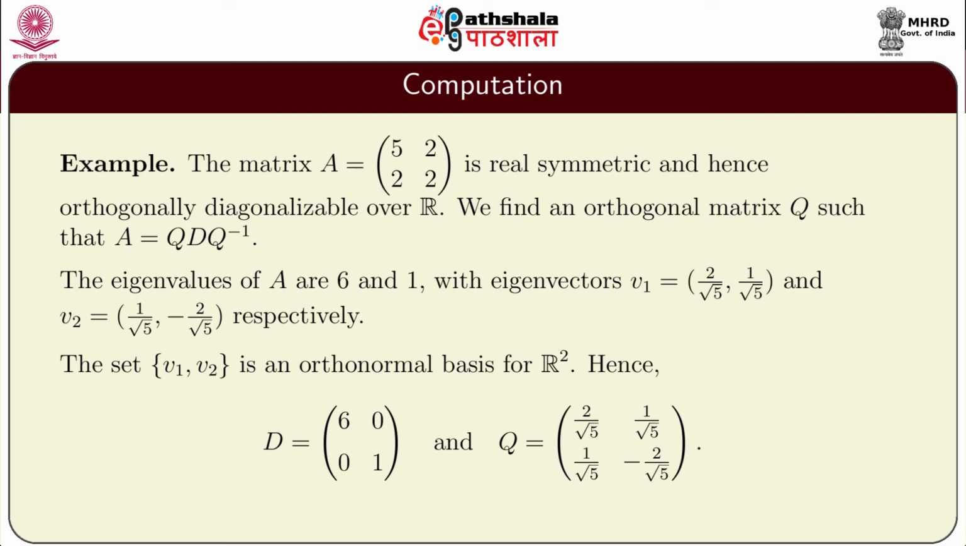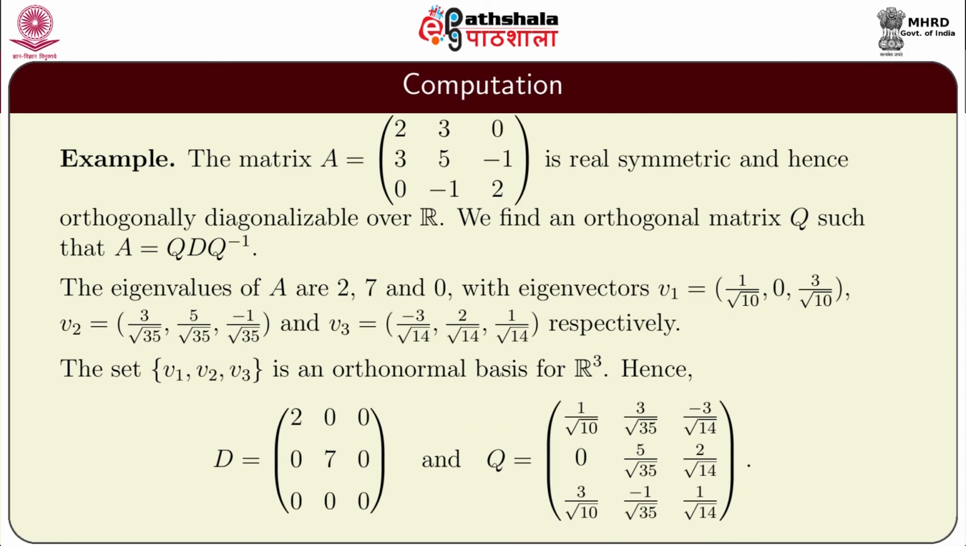the diagonal matrix D is 6 0 0 1. You can see the eigenvalues 6 and 1 appearing on the principal diagonal, and the basis change matrix, which is an orthogonal matrix, is given by Q, that is 2 by root 5, 1 by root 5 in the first row and 1 by root 5, minus 2 by root 5 in the second row. Once again, Q is orthogonal because the columns of Q are precisely the vectors appearing in the orthonormal basis for R2. One more example,